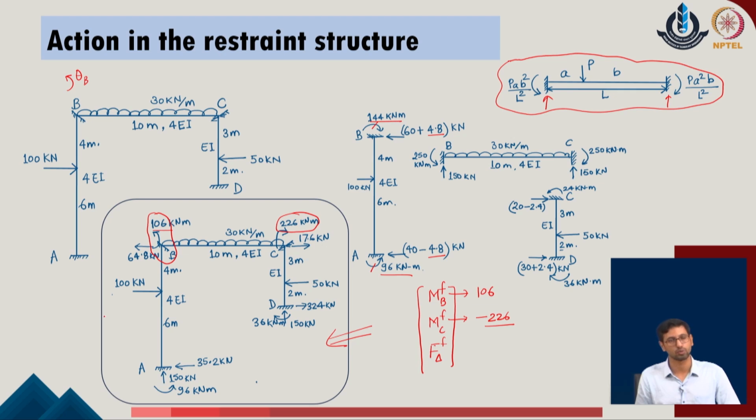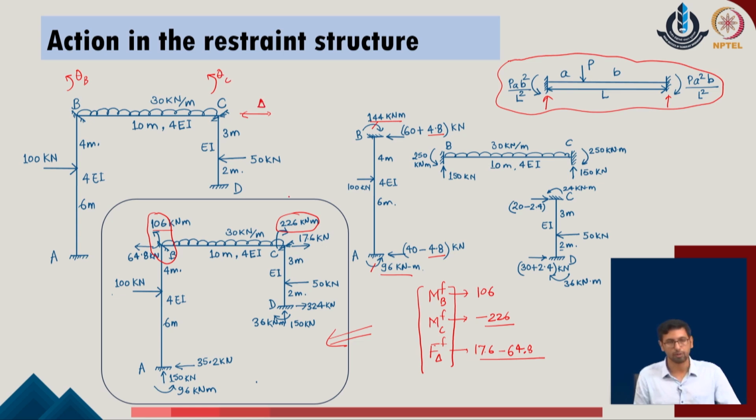So, it is minus 226, and the net force in the horizontal direction, in the positive x direction of the given system, is evaluated, which comes out as 17.6 minus 64.8 in the given problem. So, with this idea, we have evaluated the contributions of the fixed ended forces for the given problem in the directions of the 3 degrees of freedom which we have defined.